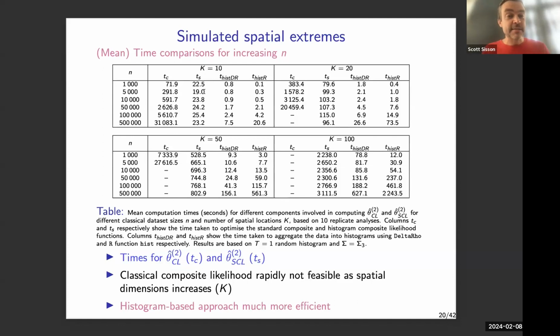TS is the time taken to maximize the histogram-based likelihood. And as you see, that's overwhelmingly smaller, which is fantastic. These other 2 columns are 2 different ways of constructing the histogram in the first place. It's not free, so you have to take account of that. But if we add one of these columns to the TS column, it's not going to outweigh the time for doing the full analysis in any way. So this is fantastic. We can now do 105-dimensional histogram analyses via composite likelihoods, and it works fine.